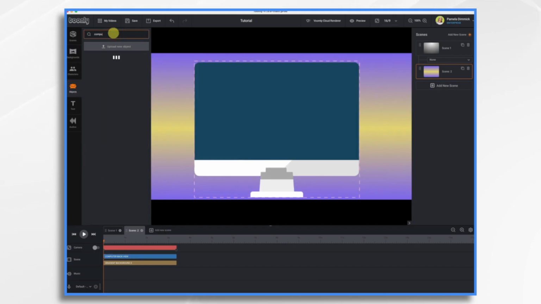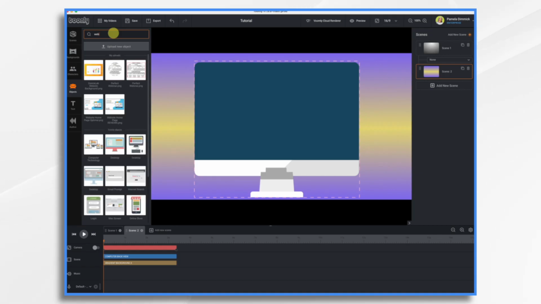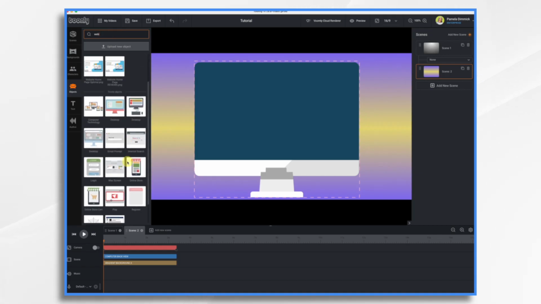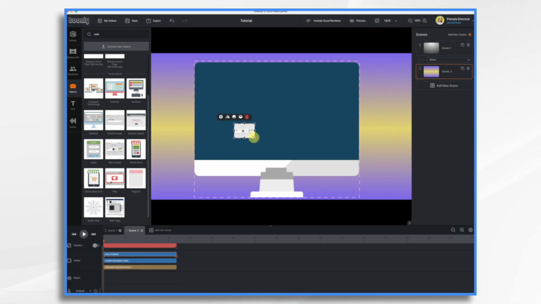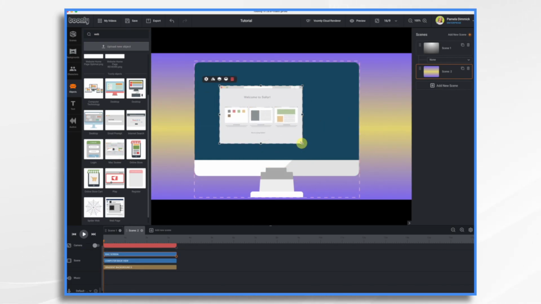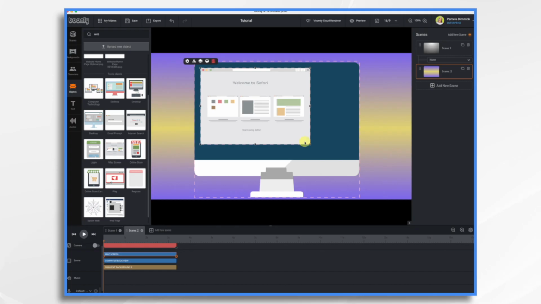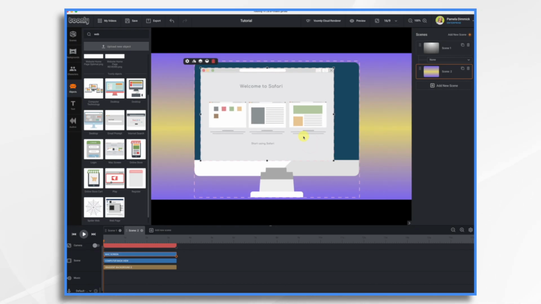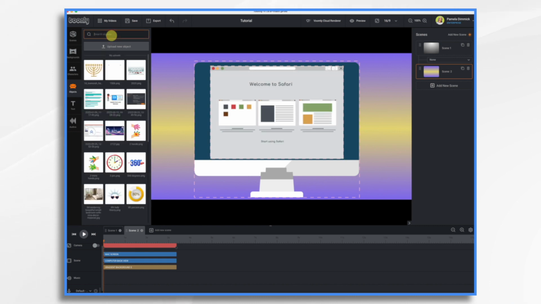Now back to Objects. You have two options here. You can type in web, and you could use some of these built-in computer graphics like so. Or you could import your own screenshots. If you're going to do a tutorial on your own software, you could import screenshots of it. But we're just going to use this today. Then we need a cursor. So if we type in cursor,